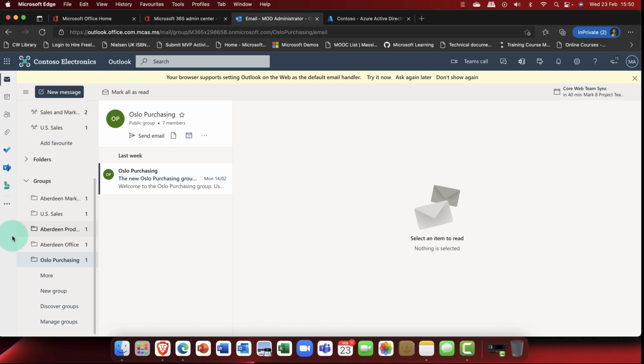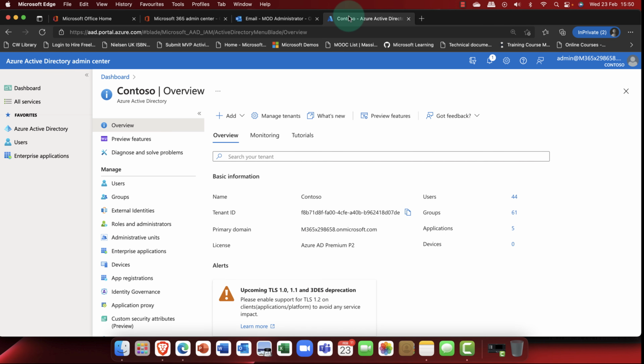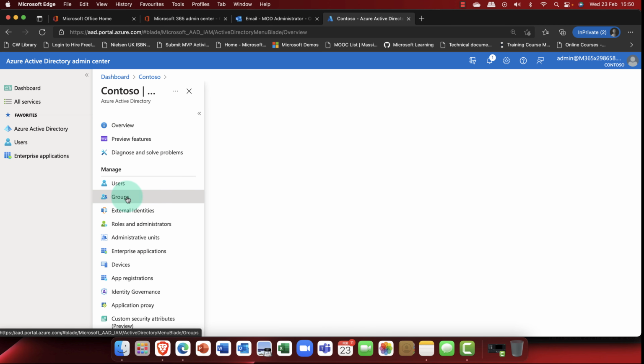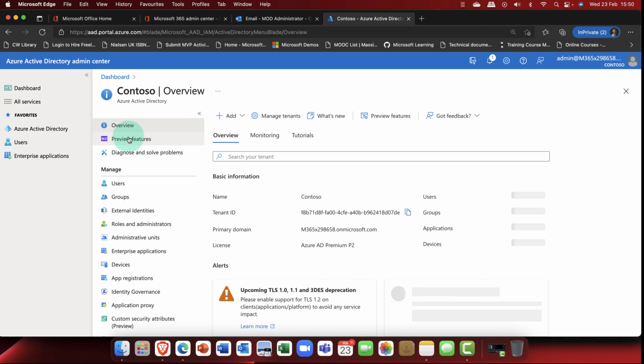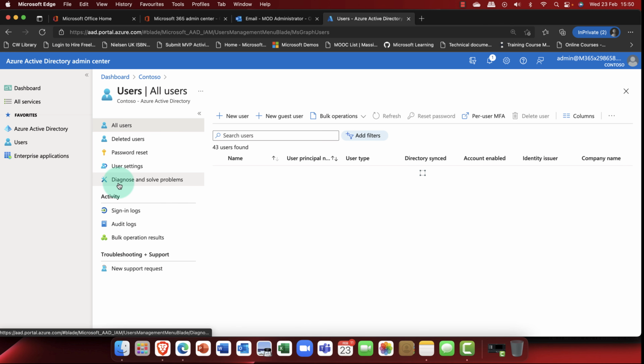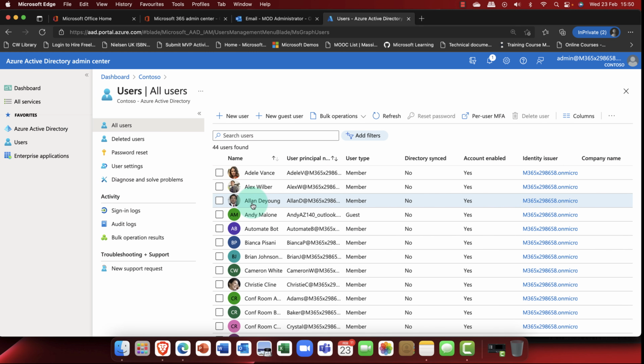So again, that problem of group mushrooming, how are you going to control that? So as an admin, you come into 365 and then go into the Azure Active Directory and into groups. There are a few things that you can do in order to restrict the creation and management of groups. First of all, from an admin perspective, what you can do is you can give a particular user a role,